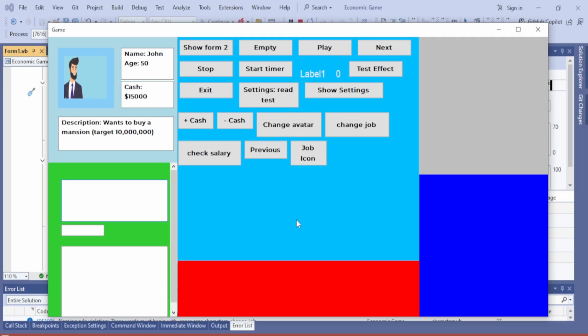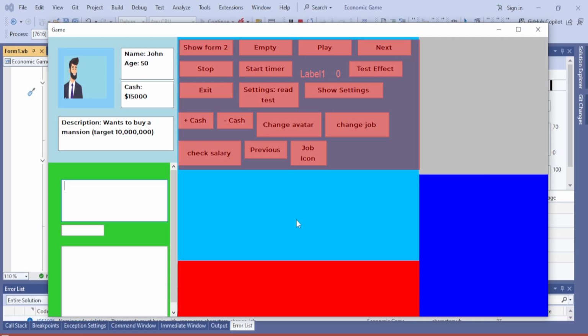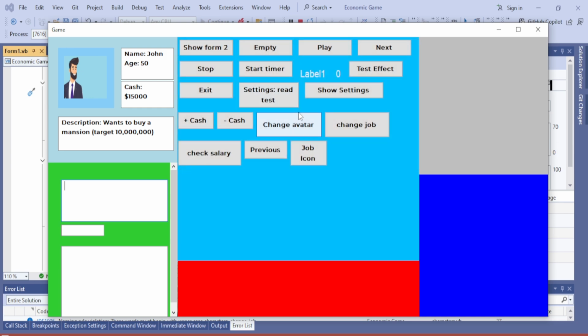To test all this, I have added a few buttons in the main window. They are just for debugging right now. For example, in the top left corner, there is a small info box showing the current character's stats. With the plus cash and minus cash buttons, I can change the balance. There is also a button to change jobs. It links a character object with a job object from the job class. And by pressing the job icon,